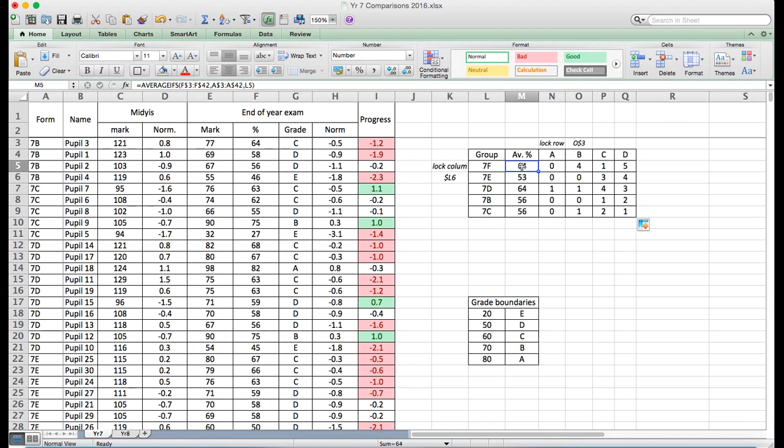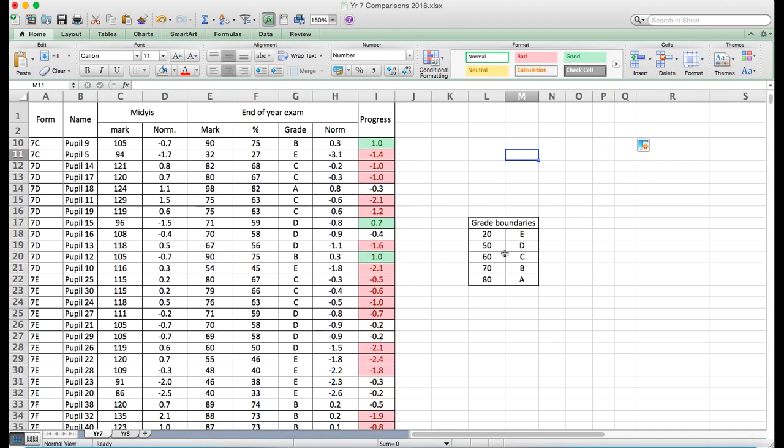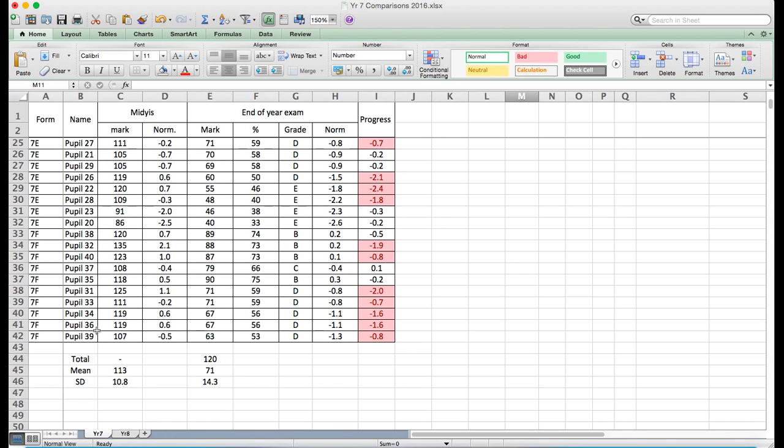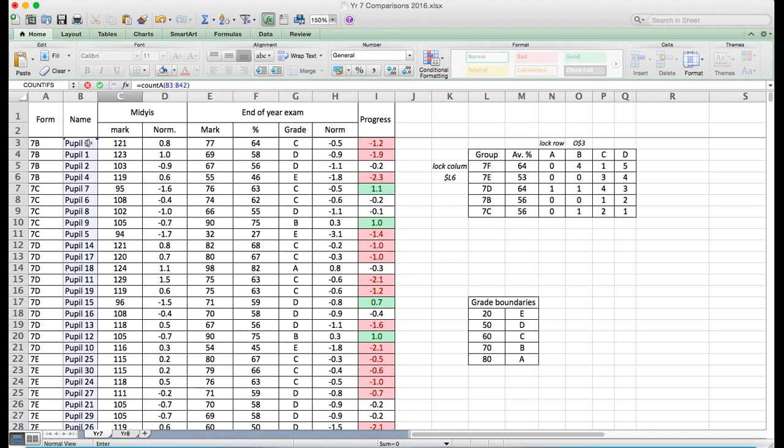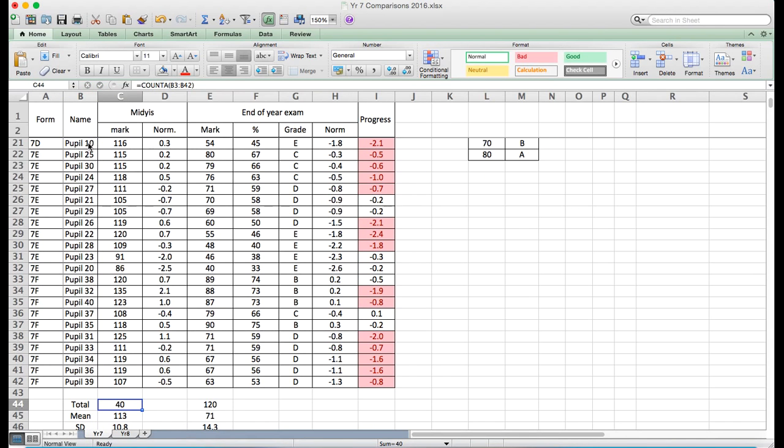I've got an average of each group. I've got the number of A's, B's, C's, and D's in each group. Wonderful. Now, another count function. What happens if I just wanted to count the number of pupils? The total number of pupils involved here equals COUNTA, which is a good function. COUNTA means it's going to count whether there's something in there. So if I just count up the number of pupils we've got there, close bracket, return, I've got 40, which